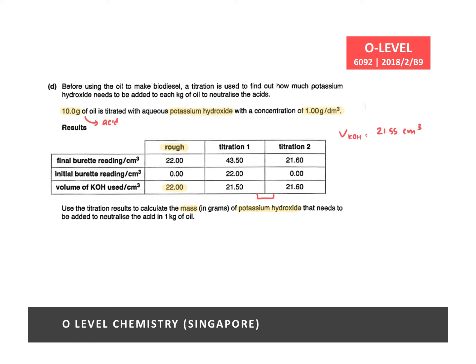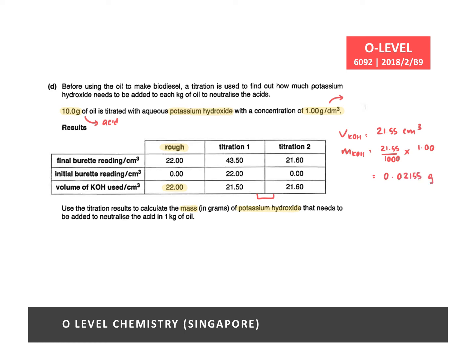Now this is rather straightforward because the concentration is given as grams per dm cube, meaning the mass over volume. All right, so we can easily find the mass of potassium hydroxide by taking the volume multiplied by the concentration in terms of grams per dm cube. That will give us 0.02155